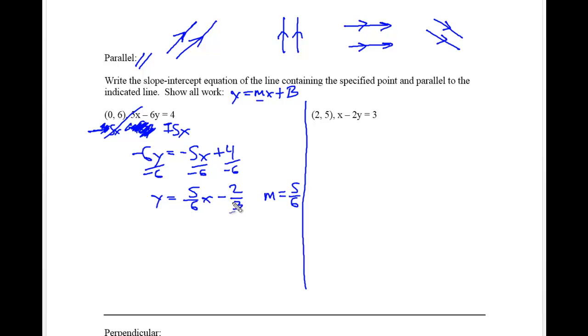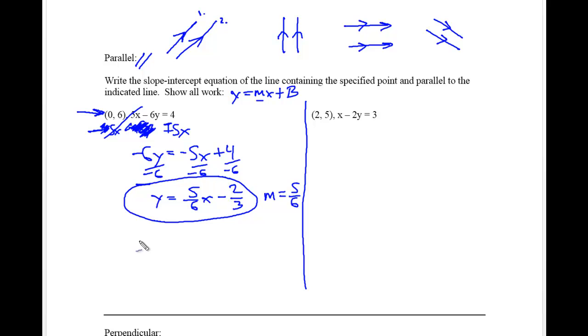The reason why this is not the y-intercept of my answer, consider this is like the first line. We are now going to use the slope and this point to find the second line. So this corresponds to the original or the first line that we have, but it is not our answer to the problem. We now have to figure out what that second line is by taking the slope and the point given to us in the problem and figuring out where that is. The y-intercepts will be different because parallel lines never intersect, so it would be impossible for this y-intercept to